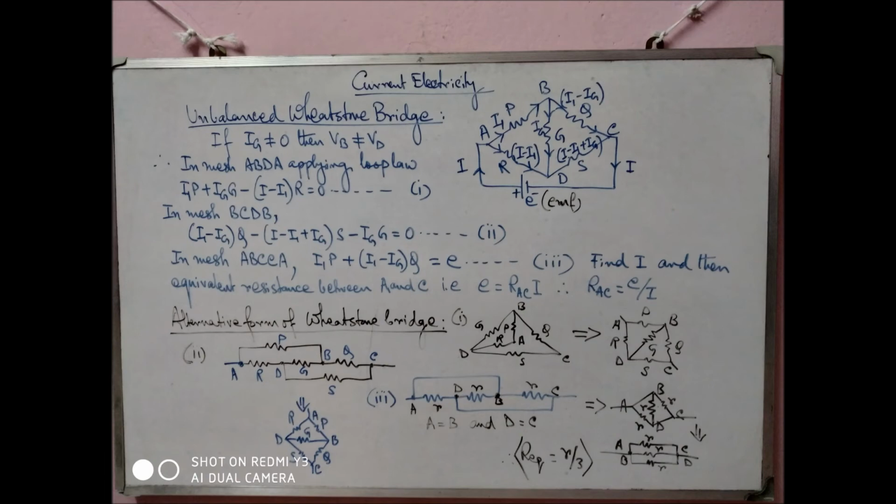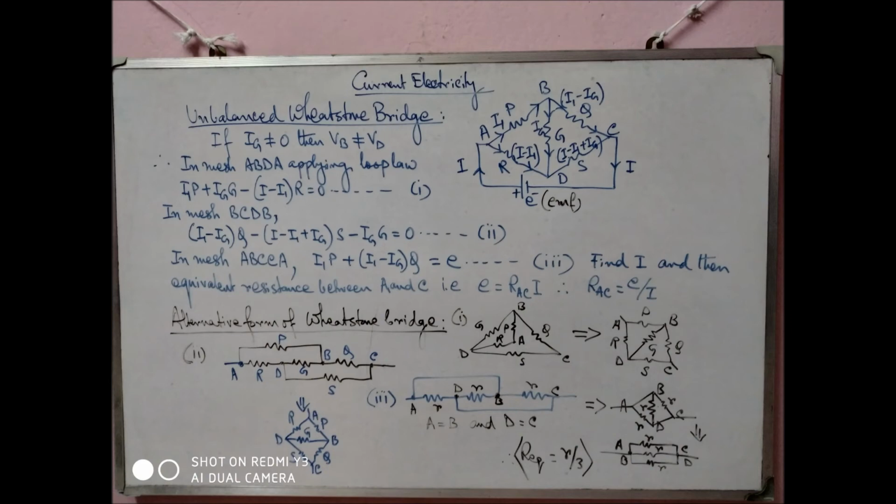Now why apply it? To find the currents. How many types of currents are there? One is I, the main current, then I1 and Ig. So three variables are there: I, I1 and Ig. We know that if there are three variables, at least three equations are needed to find them. So here also we consider three different loops as per your choice. You can take any loop, that is your choice, but presently I am taking three loops and finding I, I1 and Ig, as shown on the board.